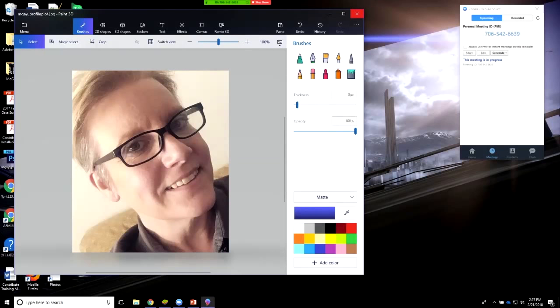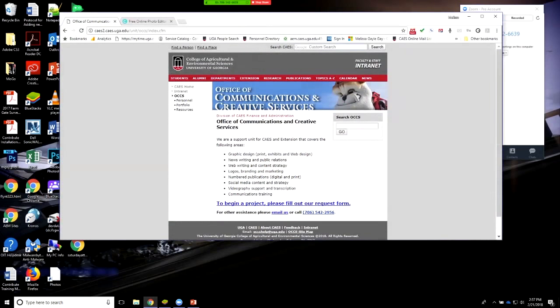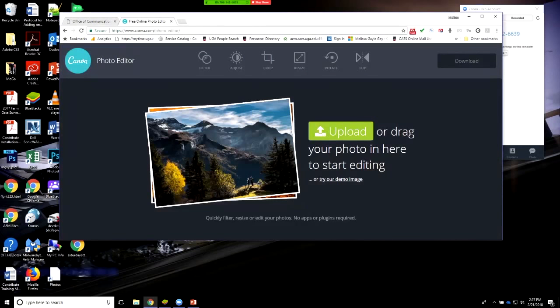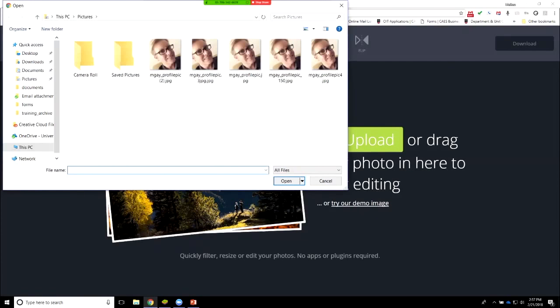I'd say if you wanted more control over the pixel size, the pixel dimensions, then you would have to use Paint itself while it's available. Or my personal favorite is the Canva online photo editor. It's canva.com/photo-editor. You don't have to put that other slash, it'll automatically come on there. And so basically, this is a free editor. You've got different filters. I'll go ahead and upload my picture, and I'm going to go ahead and